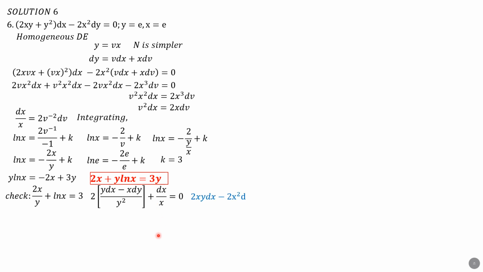So that checks that the solution is really indeed this one, because after we multiply everything by x y squared, this is now the simplified form, or all these terms are in this given differential equation here. So that's the technique, and I want you to do that whenever you're confronted with problems in differential equation like this. Then the last part that I will discuss is about exact differential equations.